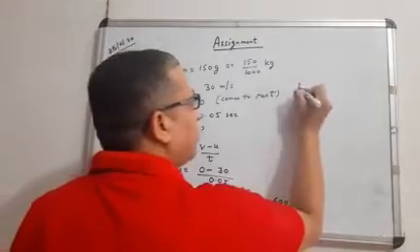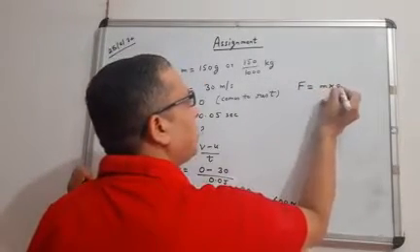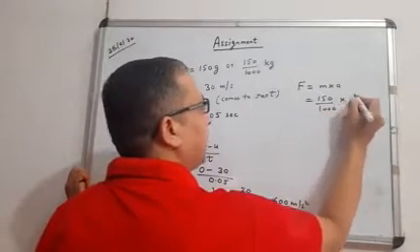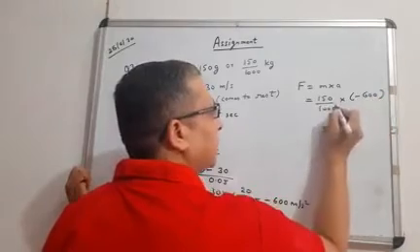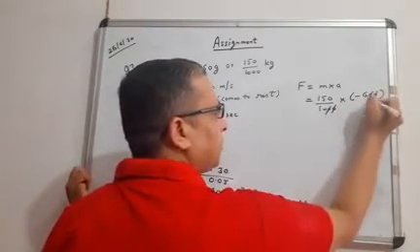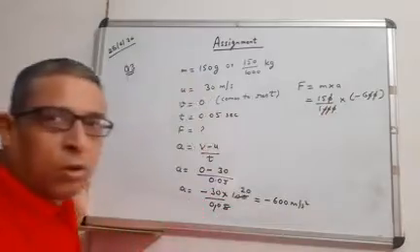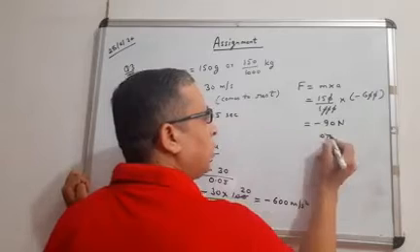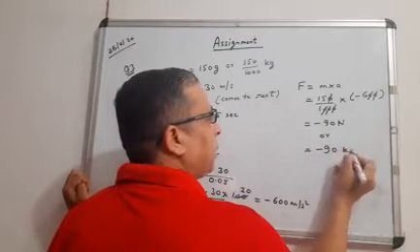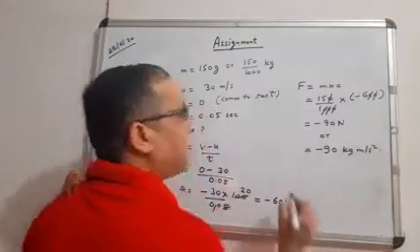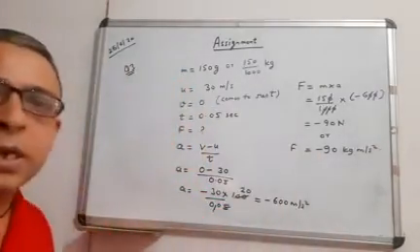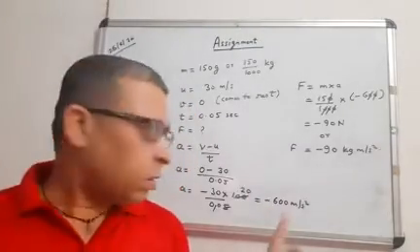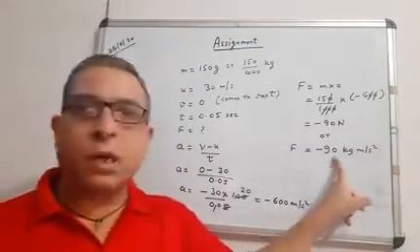Now I am finding the force. F is m into A. Putting the values here, 150 upon 1000 multiplied by minus 600. The zeros will be cancelled out. Now 15 into 6 minus 90 Newton or minus 90 kilogram meter per second square. This is your retarding force. Means the ball is being stopped. This is your retardation and this is your retarding force.